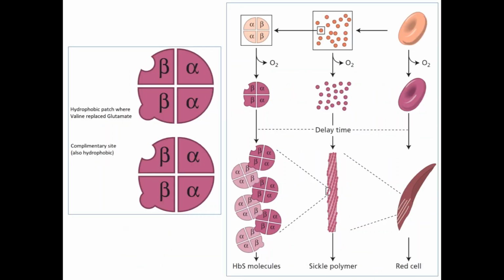This is a diagrammatic representation of the mechanism we just discussed. In the right side image we have one RBC. In that RBC there are numerous molecules of hemoglobin, each one being a molecule, and the zoomed version of that is one hemoglobin molecule wherein you'll be seeing 2 alpha and 2 beta chains.